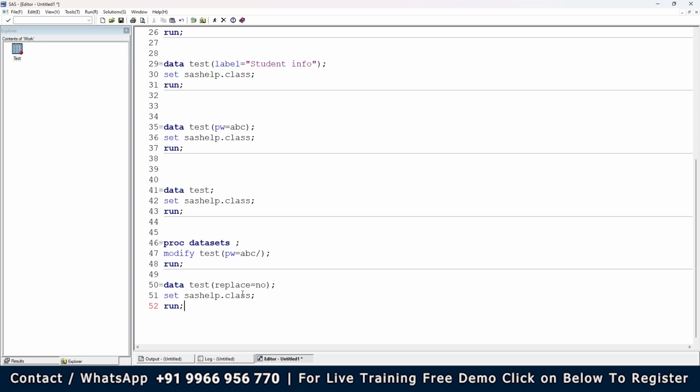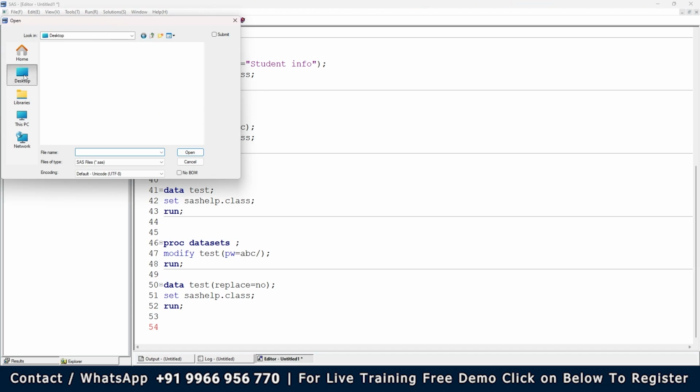So it's a data loss. We can't retrieve the data set back again. So instead of that, if you write the option called replace equal to no, it won't overwrite the old data set with the new one. And the last one is in this program, imagine if you have